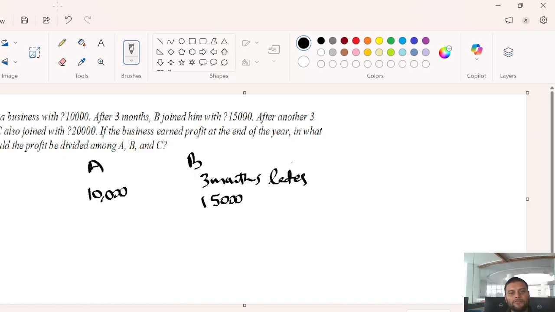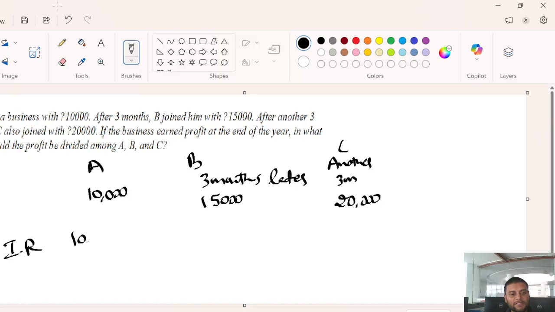Further, after another 3 months, which means after 6 months, C joined the business with 20,000 rupees. So clearly guys, if I want to find the investment ratio here,